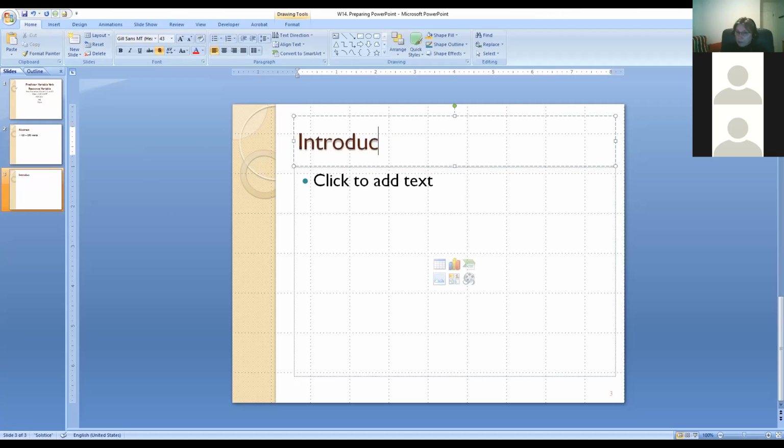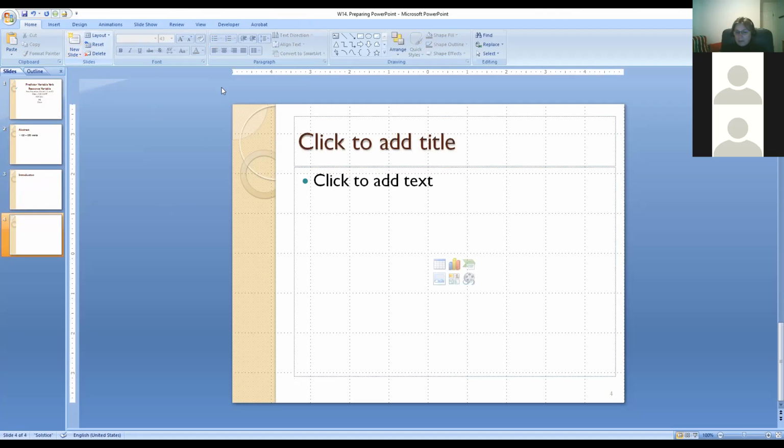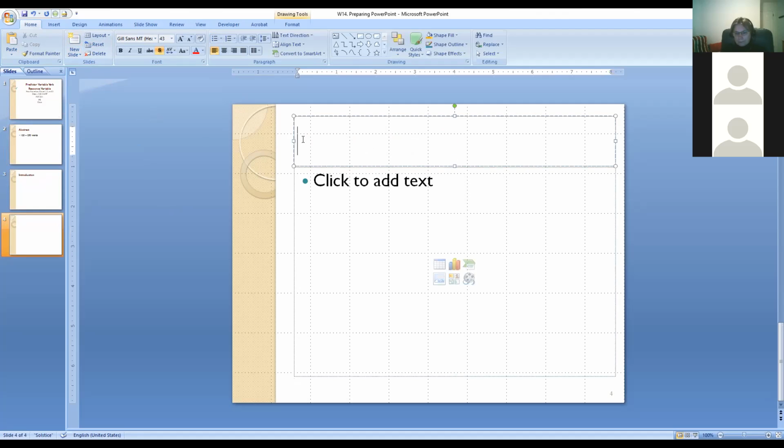There are no numbers, remember, this is APA. We may have more than one slide, probably. Very good. The next component after introduction is... thank you, Monica, exactly, method, right?